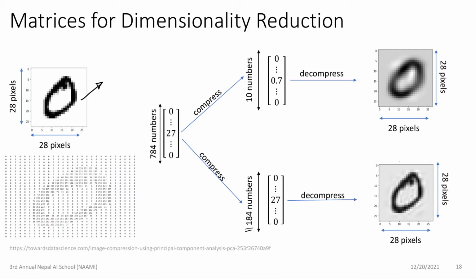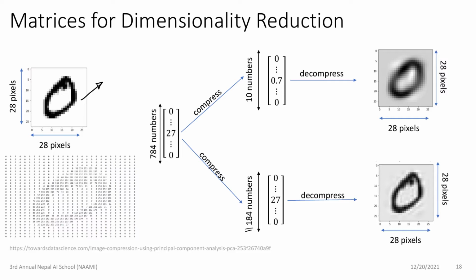Another very interesting, useful and widely used application of matrices is for dimensionality reduction. We will go slightly into this during Eigen Decomposition, or the Eigenvectors, but this is mainly used as principal component analysis. For example, if we look at the picture that we looked at earlier, which is 28 by 28 pixels, this is only for this particular picture. Now, if we take a number of different pictures, all 28 by 28, flatten them into 784 and put them into principal component analysis on that matrix, we can somehow compress all that information into just 10